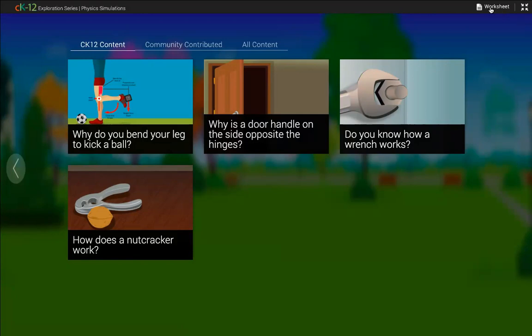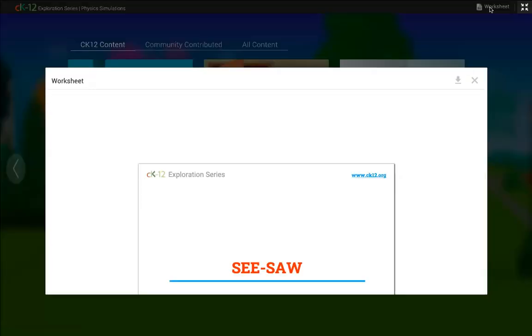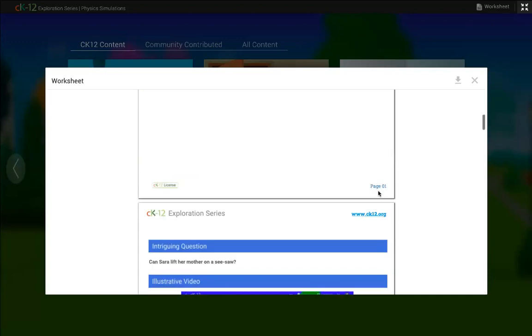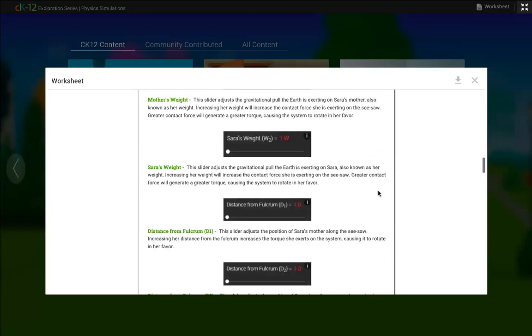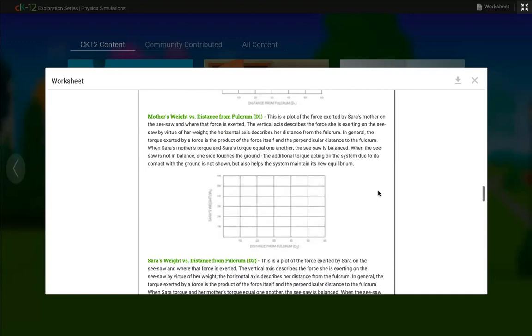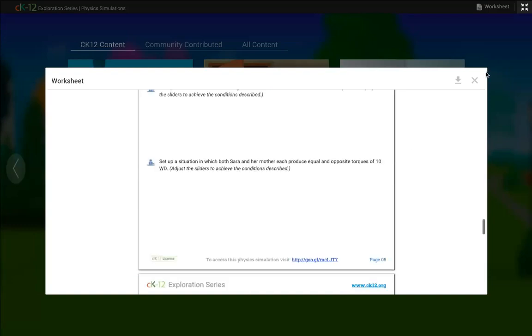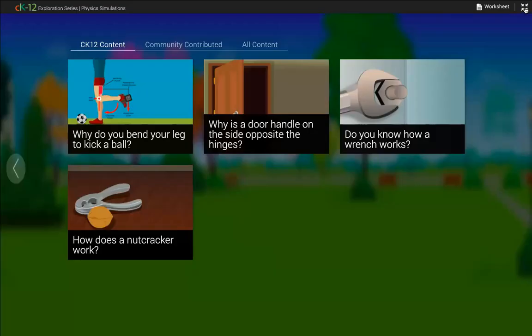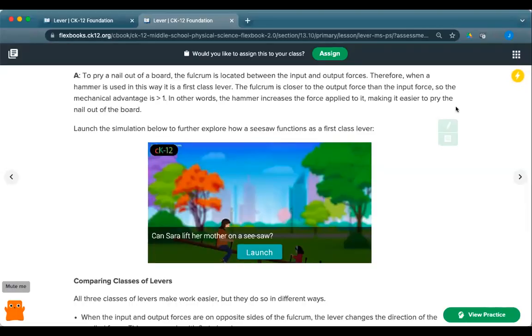You'll also see at the top this opportunity to check out a worksheet. So if students really benefit from writing down pieces, you can go ahead and download this worksheet and have them fill out different pieces, check out the different parts, fill out the graphs, and answer some questions. I'm going to go ahead and close that worksheet, close down this, drop back into my Flexbook, and let's open